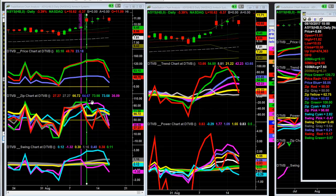Now, at this point, we would then think that the price would be going down. And rightly so, because on the pink vertical line, zip red is at 92, and on the green vertical line, zip red is at 50. 50.00, right on 50, with the gray at the same identical number. Zip red and zip gray normally travel together, but obviously if you're sitting there on that day of the green vertical line, you